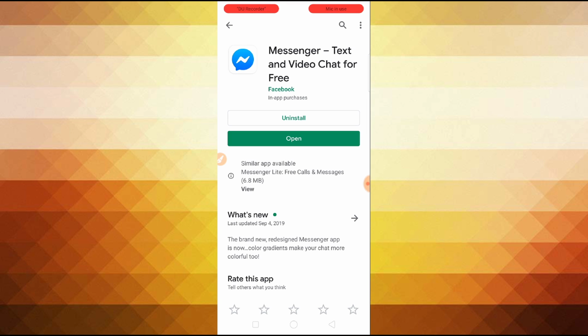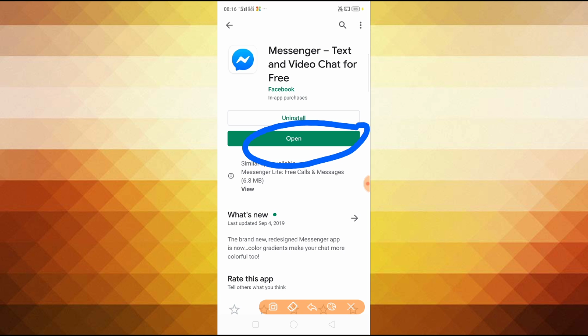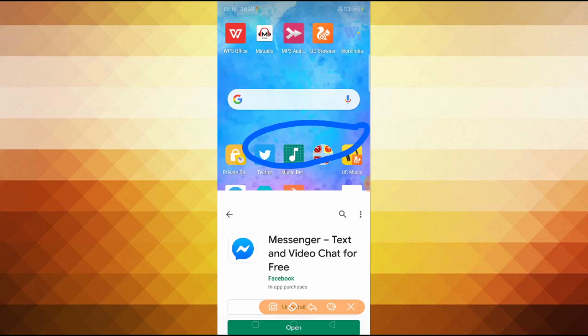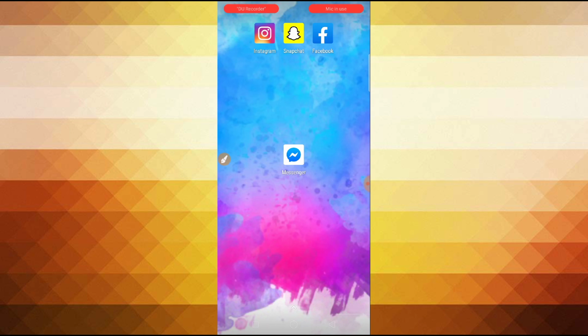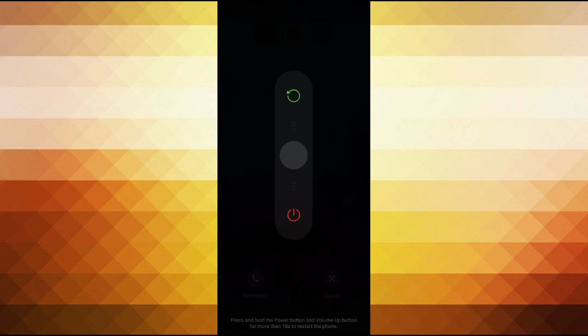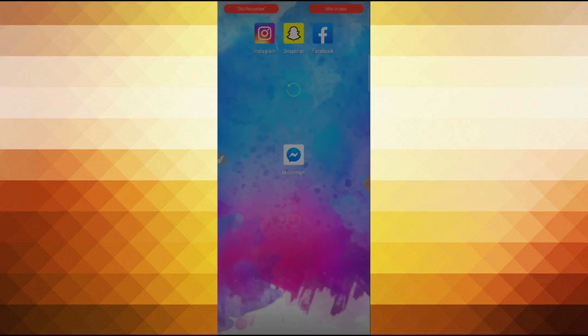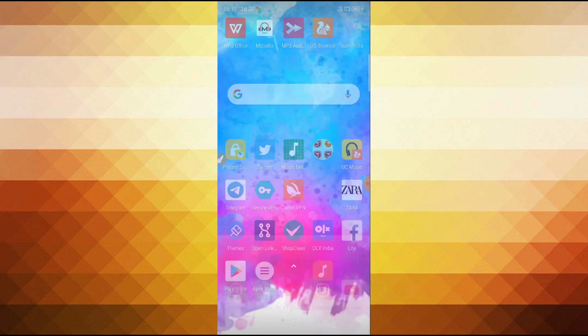Messenger here. Now after clicking here, if they are asking for an update, you have to update your Messenger. After updating your Messenger, what you have to do is just restart your phone. You have to restart your phone, and after restarting your phone, what you have to do is go to your